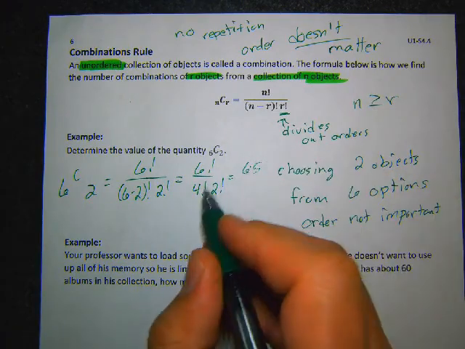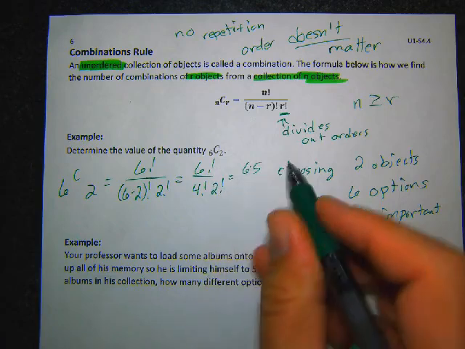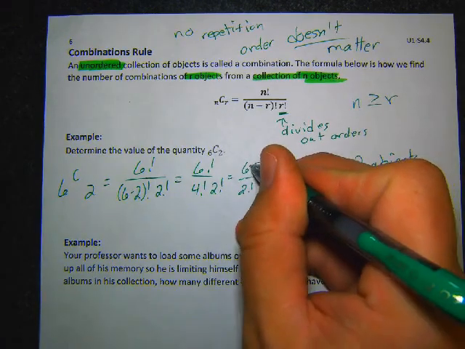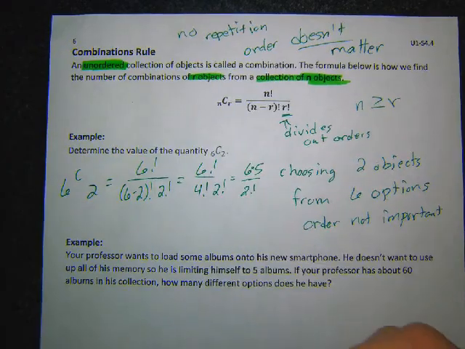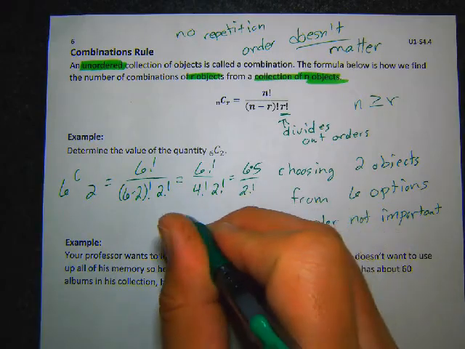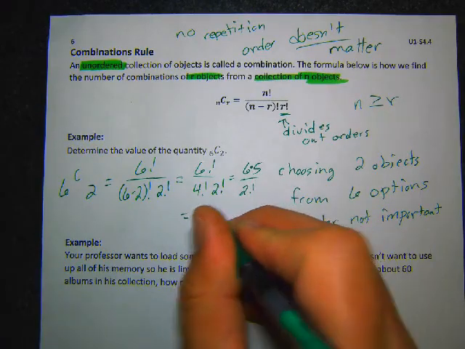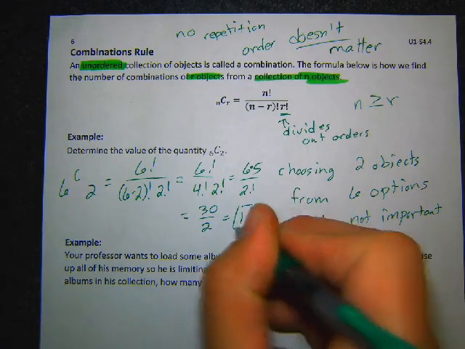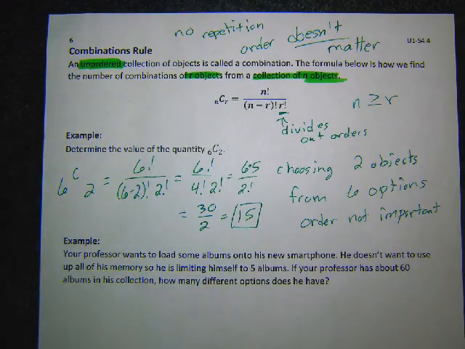But the difference here is after you cancel the 4 factorial, you still have a 2 factorial at the bottom. So I'd still have to take this number, multiply it, and divide it by 2 factorial. Well, 2 factorial is just 2 times 1, so that just becomes 2. This would become 6 times 5, which is 30, over 2 times 1, which is 2. And the answer is 15. You can see we actually got a smaller answer, because before, when we did the permutations, it actually gave us